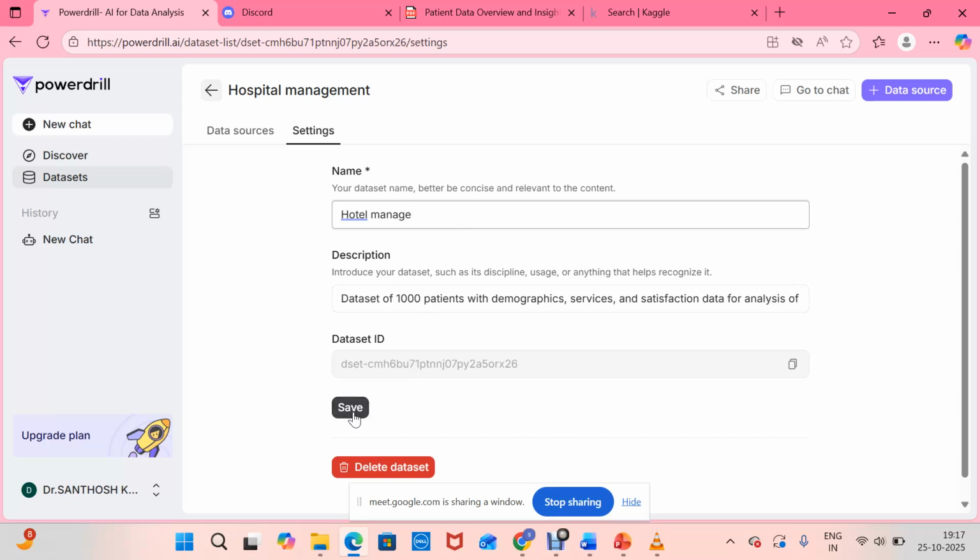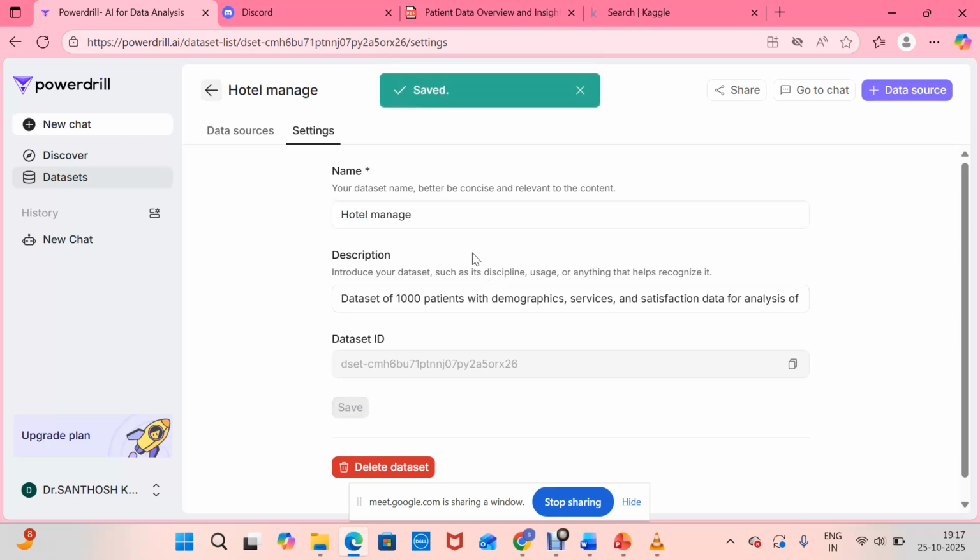We have downloaded one database, then uploaded it and given some name here. I have downloaded a Kaggle dataset from there. The dataset is about hospital management patient data. This is just a name I have given here. Nothing to do with the name, just for my understanding. Okay, sir.